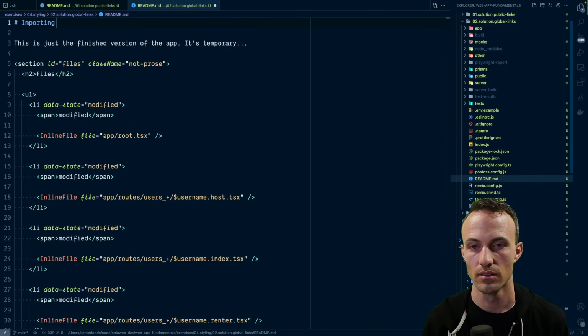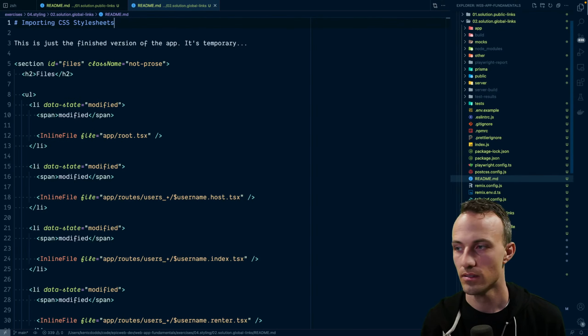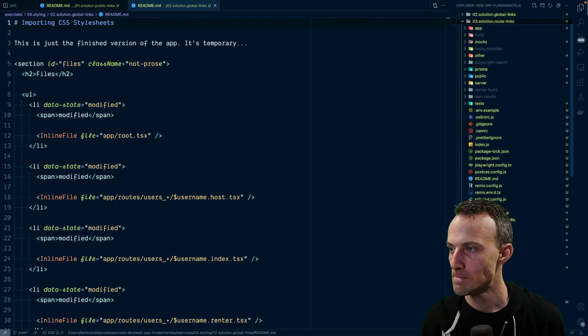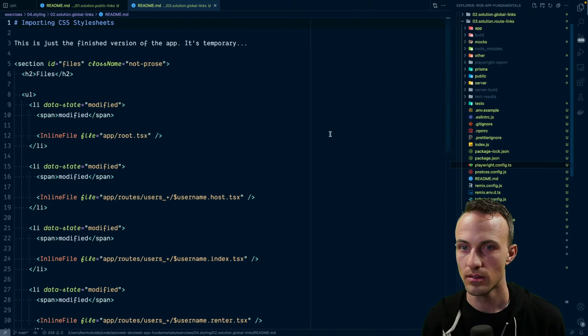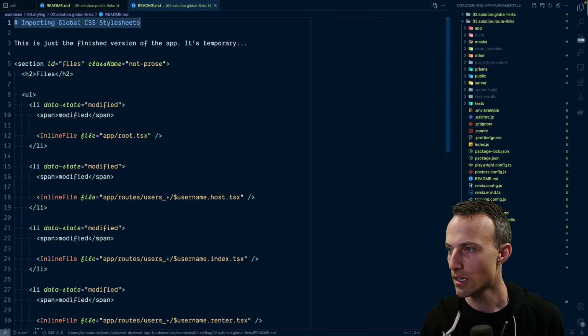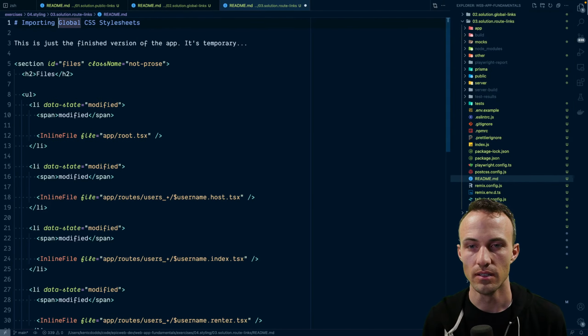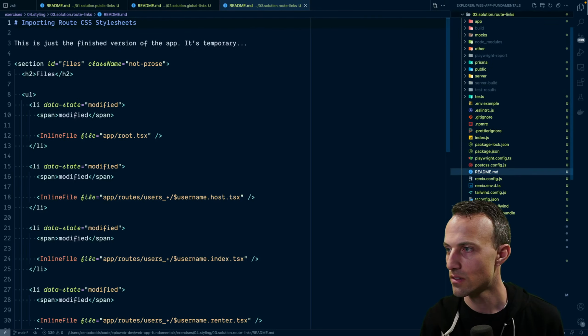And then this one is importing CSS style sheets URL. Yeah, global. Okay, cool. And then this one is importing route CSS style sheets.